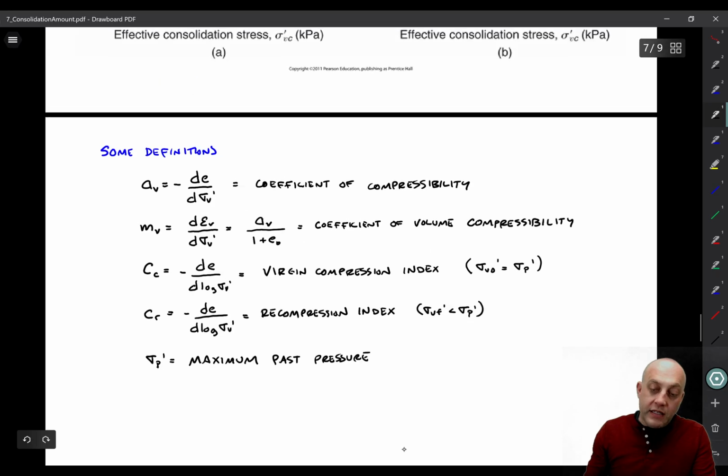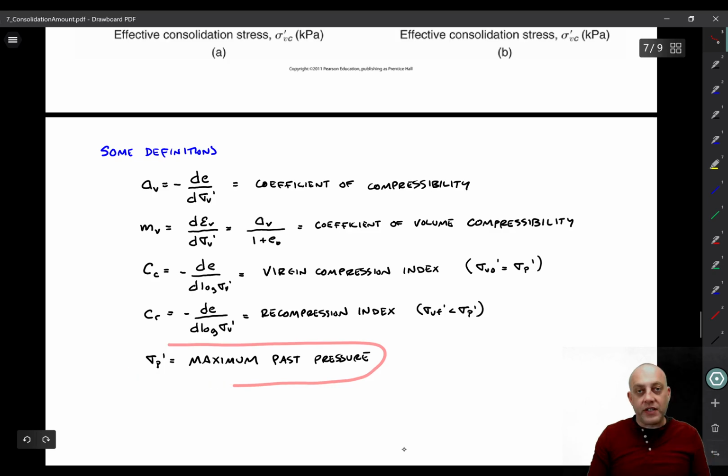Okay, and then sigma p prime is our maximum past pressure. It's the biggest pressure that the soil has ever experienced in the